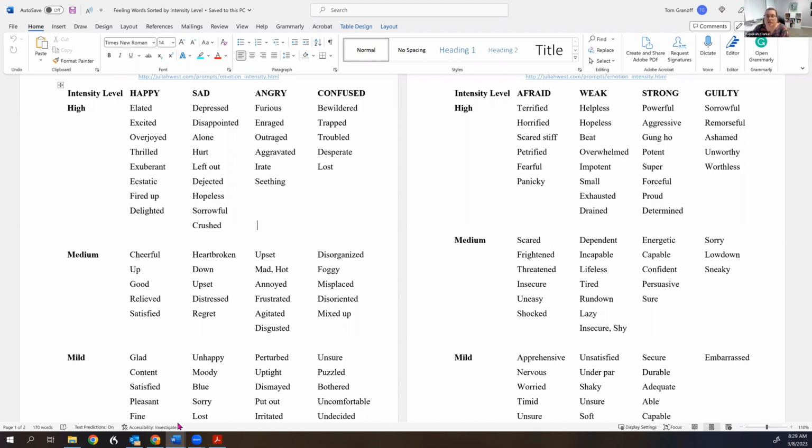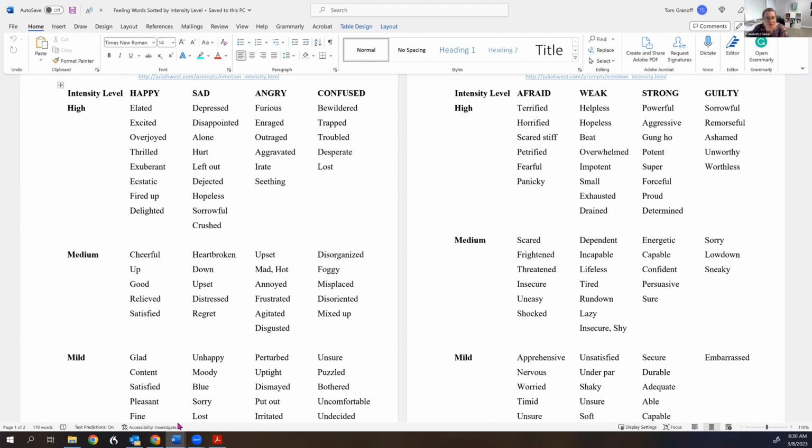And you could talk about too, if you come at this from a quantitative perspective, we heard the word maybe left out 1 or 2 times, but we heard enraged 3 or 4 times out of our 15 respondents or whatever. So you can see the major emotion is frustration, anger. Absolutely. And you could organize it for the happy dimension, how many people gave things in the high and the medium and the mild. Sure, you could do that. And then bring in your flavor quotes and then say, for the folks that have a mild feeling, they tended to have this. And the people who had a high level, they had this.